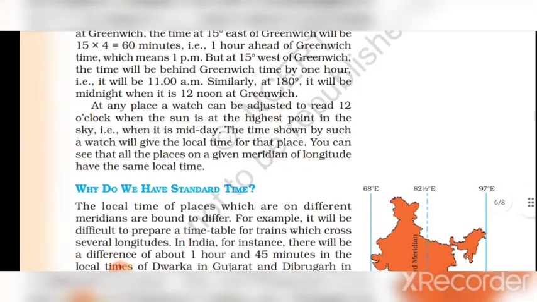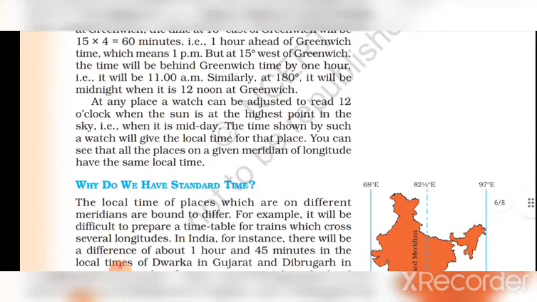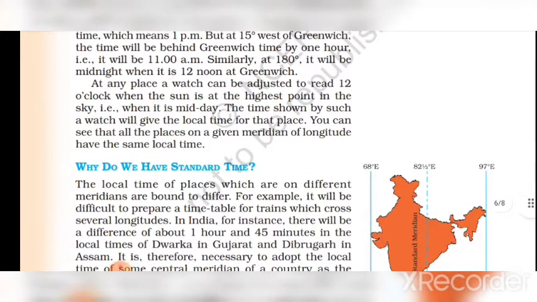Latitudes are measured in degrees. The equator represents the 0 degree latitude. Since the distance from the equator to either of the poles is 1/4 of a circle round the Earth, it will measure 1/4 of 360 degrees, that is 90 degrees. Thus 90 degree north latitude marks the North Pole and 90 degree south latitude marks the South Pole. As such, all parallels north of the equator are called north latitudes. Similarly, all parallels south of the equator are called south latitudes.